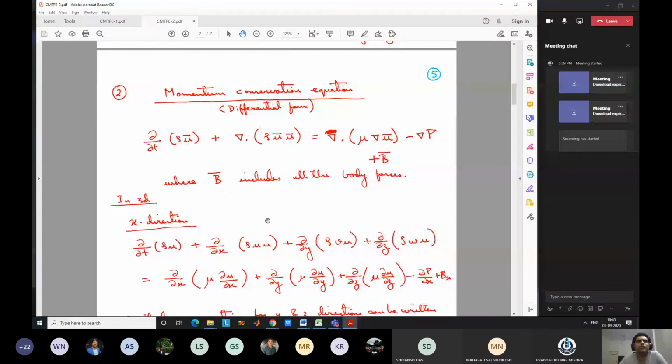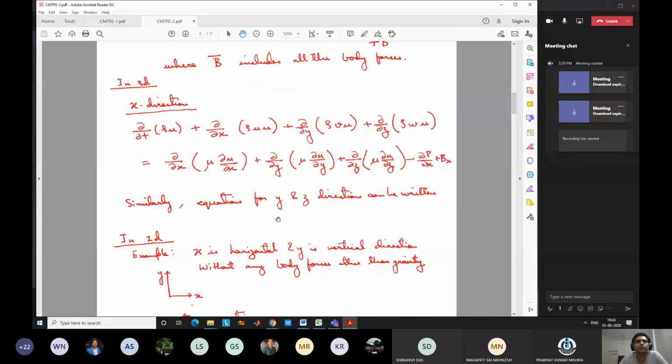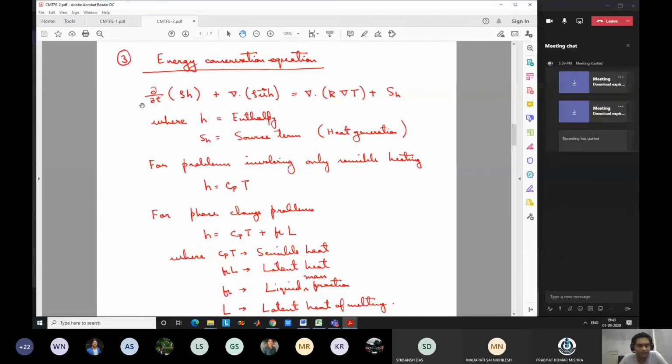Almost similar in form is also the energy conservation equation. It is also almost similar in form, and fundamentally this is derived from balance of energy. The fundamental principle is the first law of thermodynamics. So whatever is the energy increase or decrease in a domain, it will depend on how much energy is coming into the domain and how much energy is going out of the domain, and whether any energy is generated in the domain or not. So the form of the equation that we are going to use is this form.